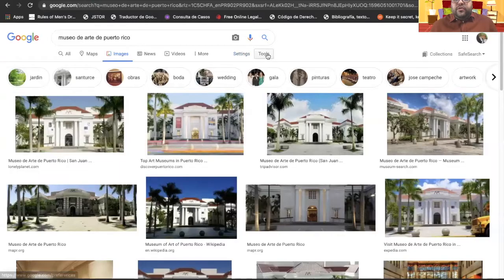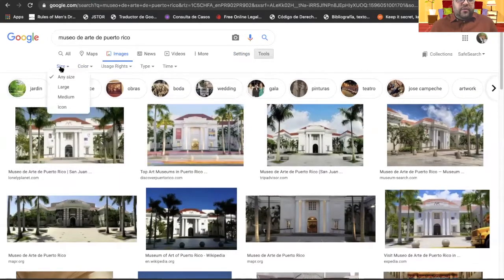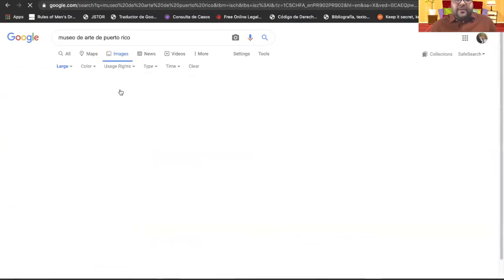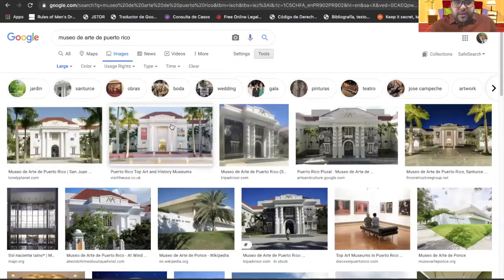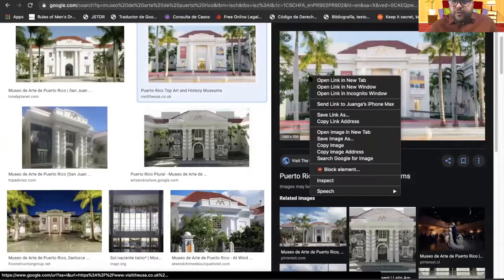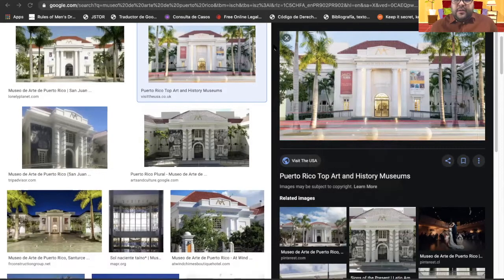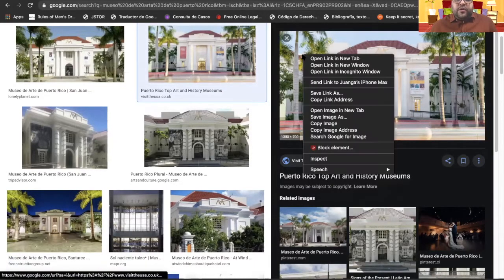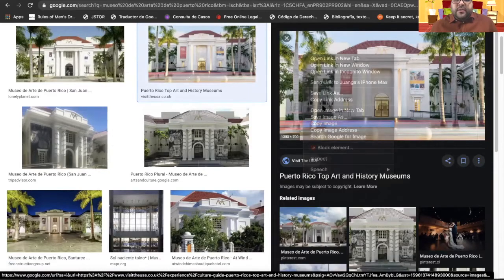I'm going to tools here. I'm going to pick any size. I'm going to pick large. And I'm going to download this picture, this image. I'm going to give save as. I'm going to save that image, okay? Or I can also copy image